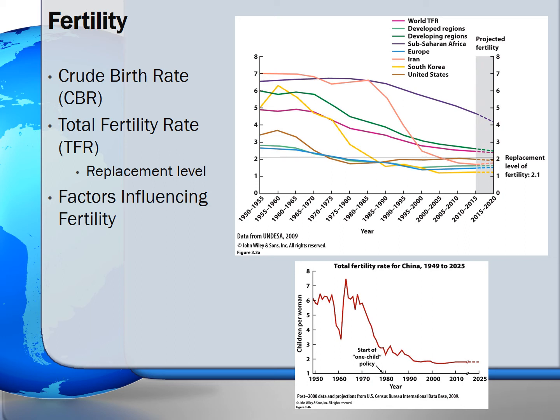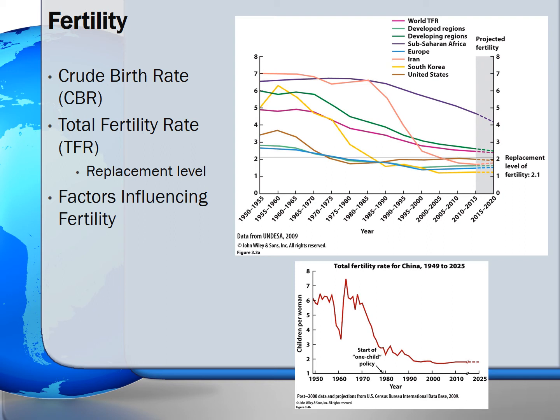You derive the TFR by taking the total number of women between the ages of 15 and 49 in any given population and divide that number by the total birth rates. With this number, we can tell if the population is growing, declining, or stabilizing by comparing the TFR to the replacement level of 2.1. The replacement level of 2.1 is the fertility rate necessary for the population to just replace